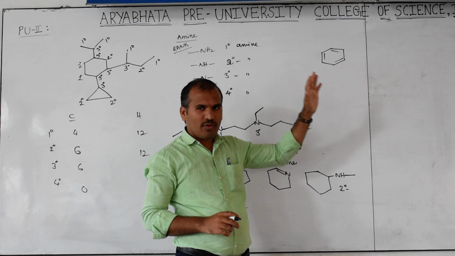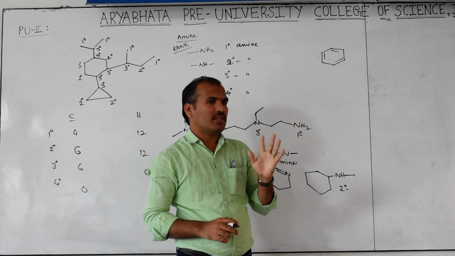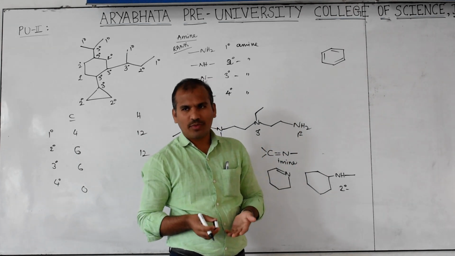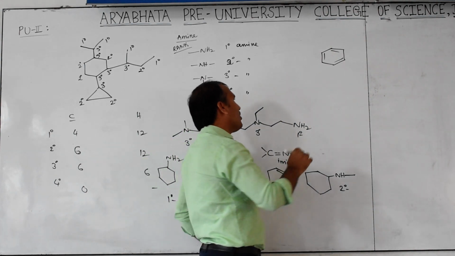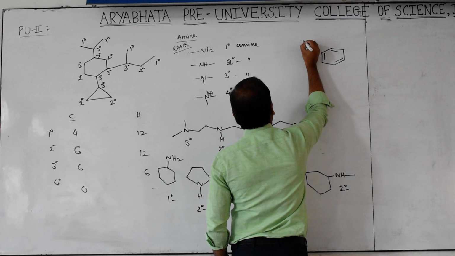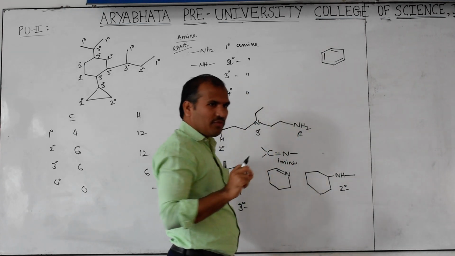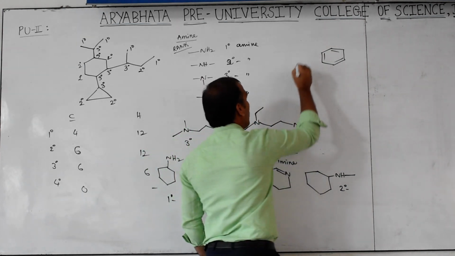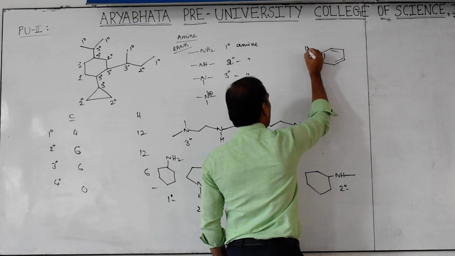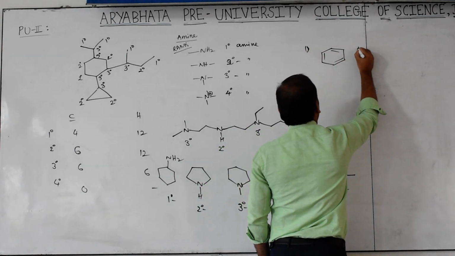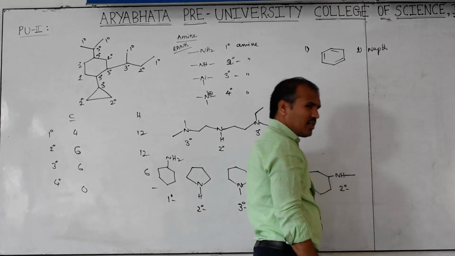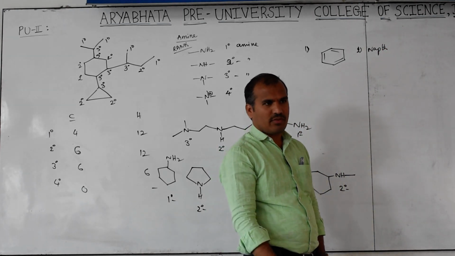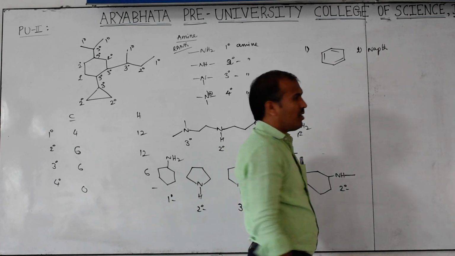Now, based on this flow chart, I will give you some questions you have to answer. It is in your textbook. I am not writing the flow chart, but I explain everything. So now the question is, which of the following is benzenoid? Option 1, this is A. Now consider this is naphthalene. I am not writing the structure. Sometimes they may give the name also. You should know the structure.